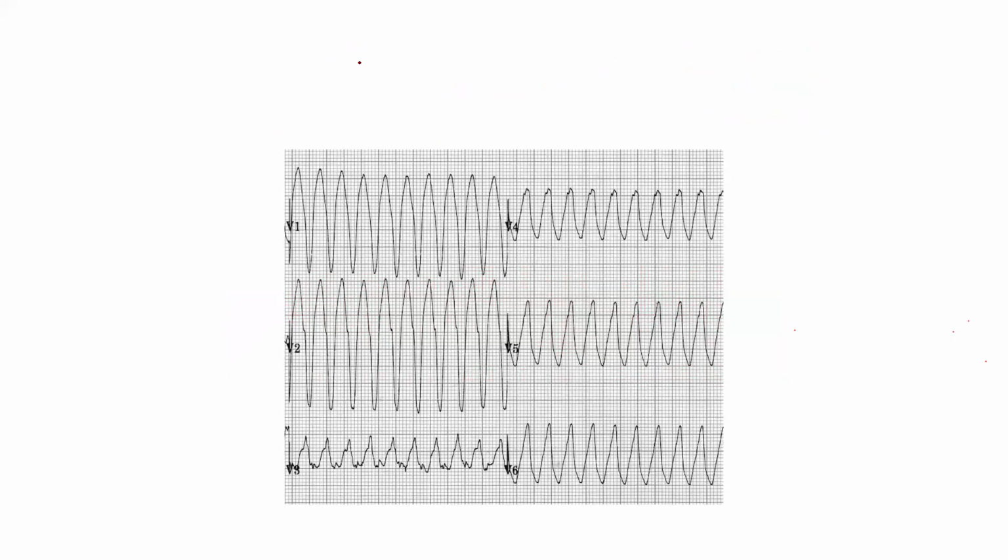The QRS complex is present. Yes, it is present. Next question: whether a P wave is there or not. Do you check? Is there a P wave here? No, there is no P wave. Fine. So what is the next question? Check the QRS duration. Is it wide or narrow or normal? It is wide, sir. So you got a wide QRS complex with no P wave. What is the next question?